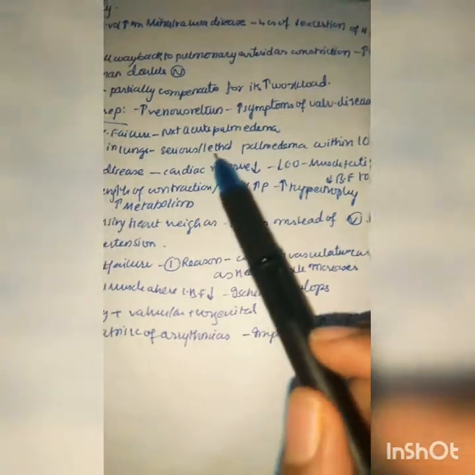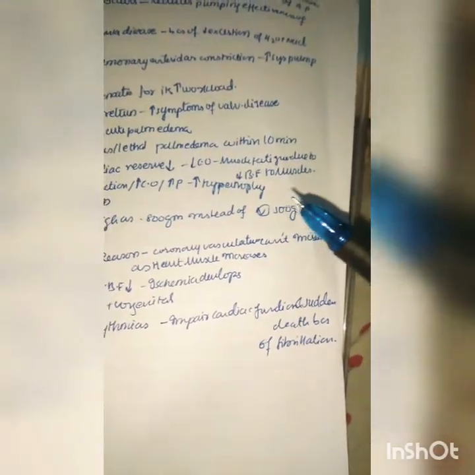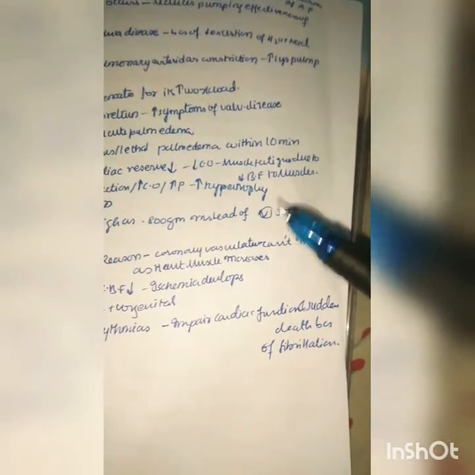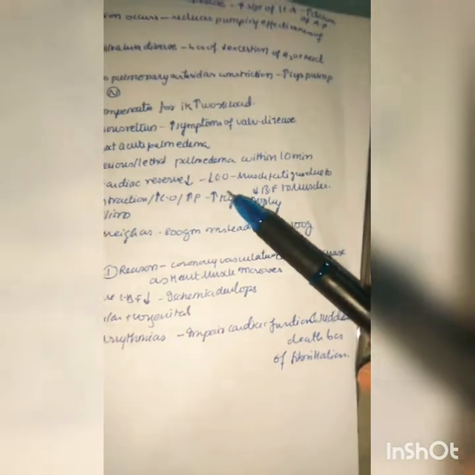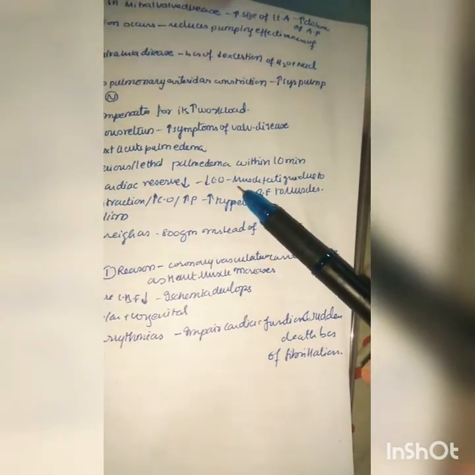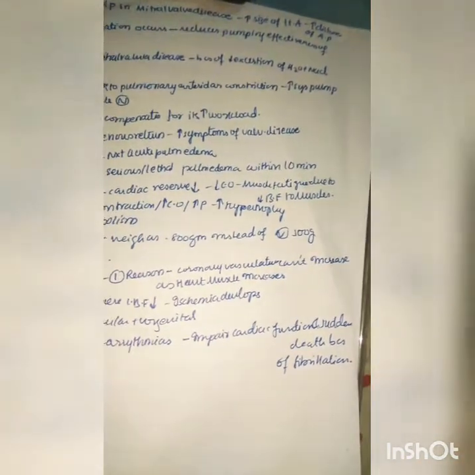So you can see here, whenever there is a decrease in cardiac reserve, there is a decrease in cardiac output. So muscle fatigue occurs due to decreased blood flow to the muscles, because normally whenever we do exercise we need more blood flow, so the ventricle undergoes hypertrophy and leads to more ejection, more cardiac output. But here the cardiac output is low, so even the blood flow to the muscles is low. So in these valvular patients, if they do exercise, their muscles fatigue very easily.